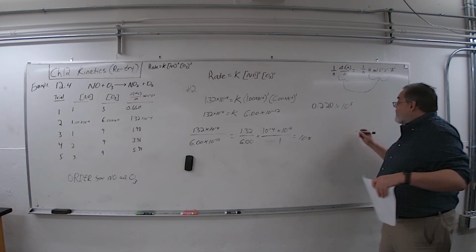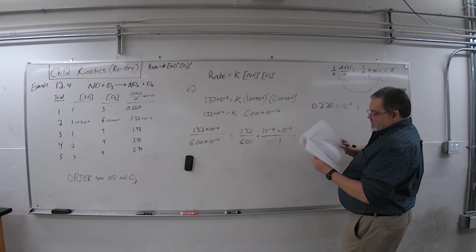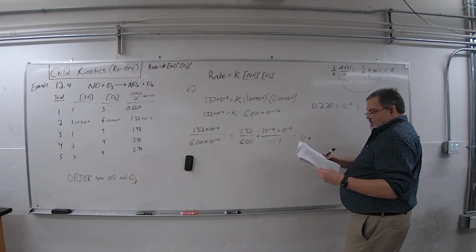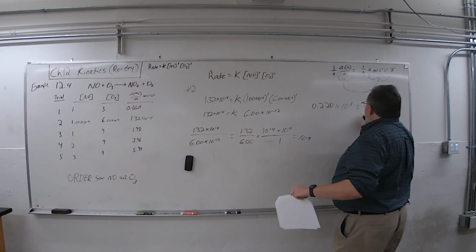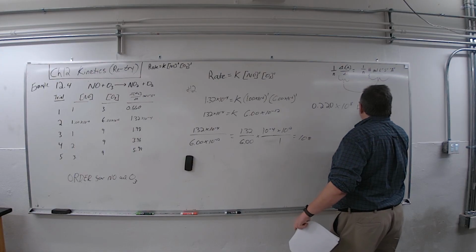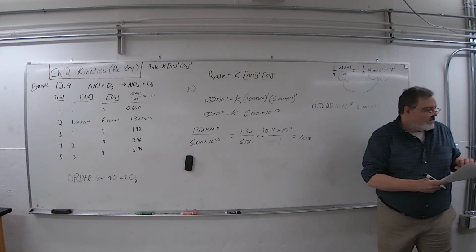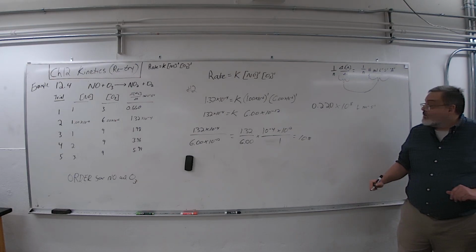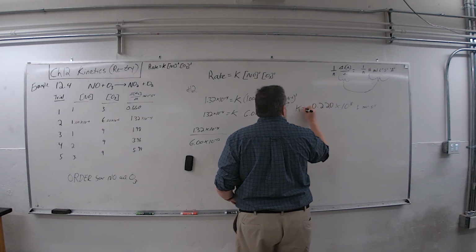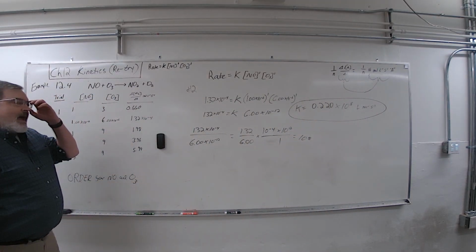So you end up with liters per mole per second. There's a little chart in the book I keep looking at, so I don't have to do all the algebra. Liters per mole per second. So the units do matter. You put them on there. But how I got them,